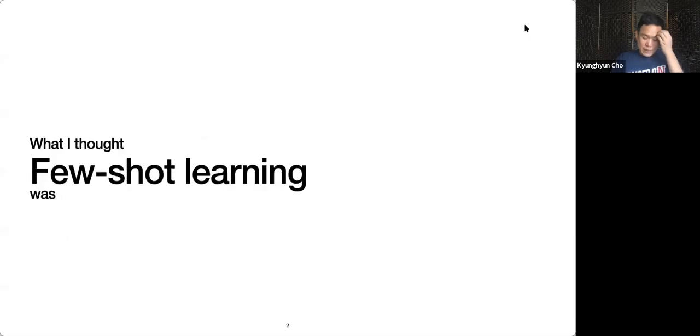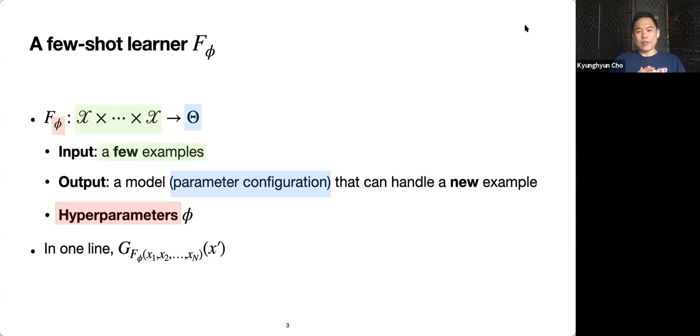So the first thing I wanted to talk about is what few-shot learning is, or at least what I thought few-shot learning was as a machine learning researcher. In few-shot learning, our goal is to come up with a so-called few-shot learner F that takes as input a set of few examples and outputs a model, or a parameter configuration of a new model, that can handle a completely new example. You can imagine this as a learning algorithm that works very well with only a small number of examples.